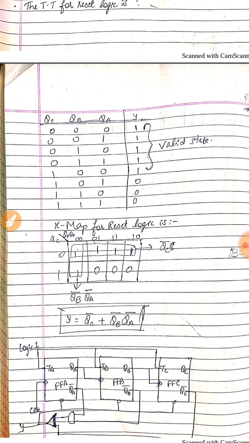So this is how we can make a mod-n counter and cut short our count. If it is a 4-bit counter, it would count from 0 to 15. If I want to make a mod 10 counter, I can make it using some reset circuit, which I can find using the truth table and K-map.